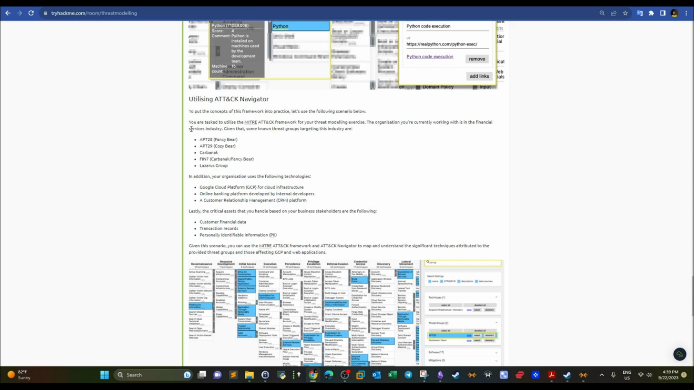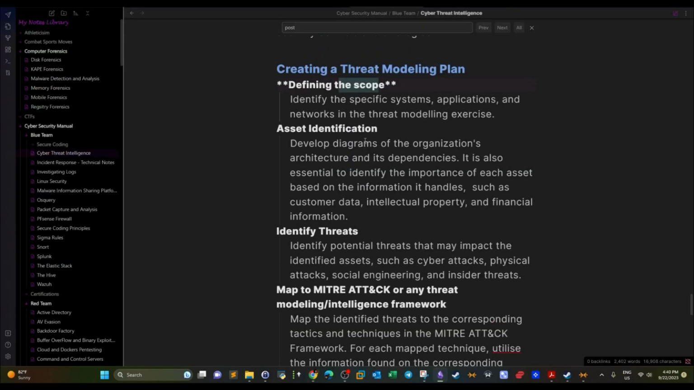Nothing is better explained than by a scenario. There is this organization. The organization you are currently working with is in the financial services industry. So our company is in the finance industry. This is a very critical piece of information to define your industry. Given that some known threat groups target this industry, and given the technology the organization is using, this information should be defined earlier while you worked on identifying your assets